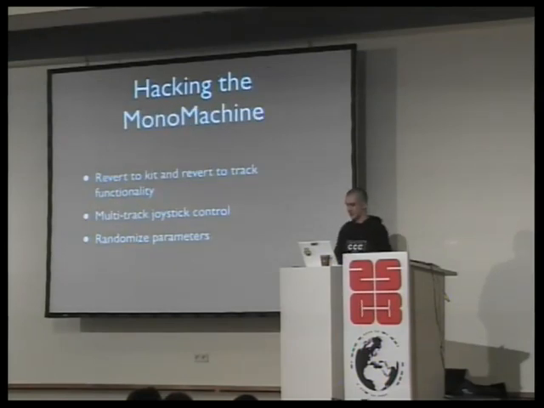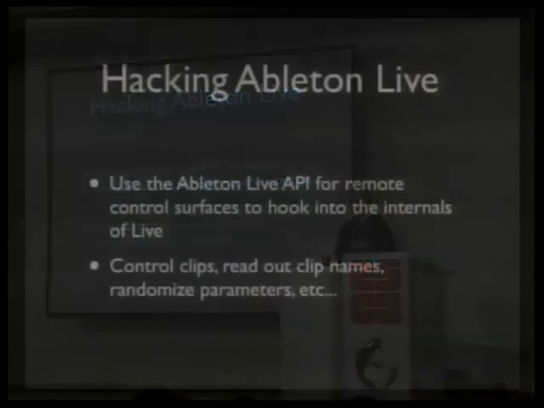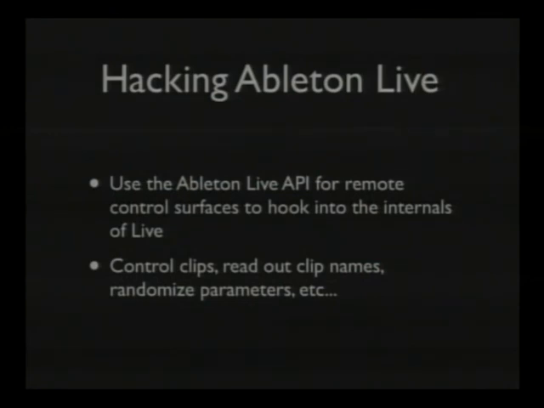So I'm just going to skip this. One of the controls I built for the mono machine has a joystick, and you can control all the sound parameters at once with this one joystick, for example, or randomize just by whirling the joystick around. And this was the Ableton Live API, which is written in Python, and I spent a lot of time hacking into it and looking at how it works. So if you're interested in that, you can also come tomorrow, and I'll show you the programs.